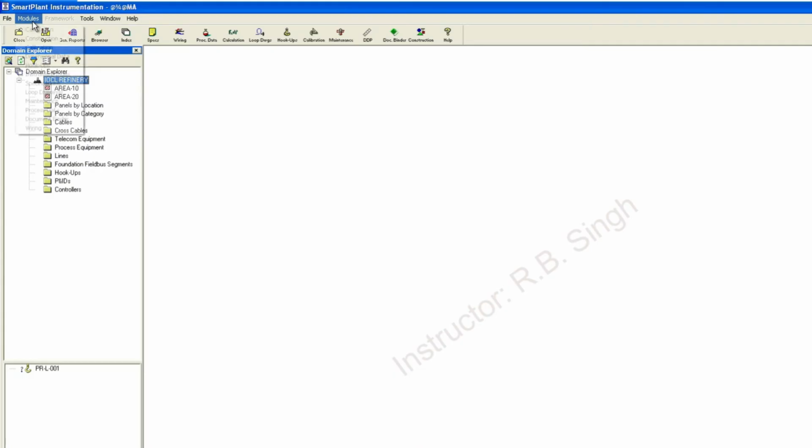Again, as we have seen, there are so many modules in SPI that will be required for the detail engineering. And at the engineer level, some modules are very important to us, like calculation modules, hookups, instrument index, specifications, loop drawing. Maintenance is not important for us. Process data, document binder, wiring modules, and browser modules as well,